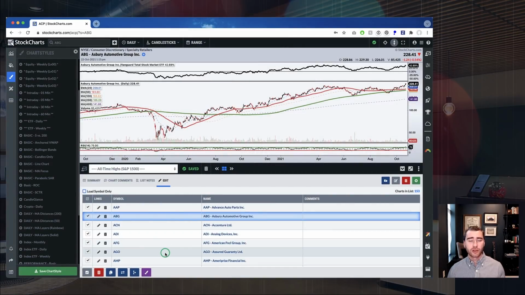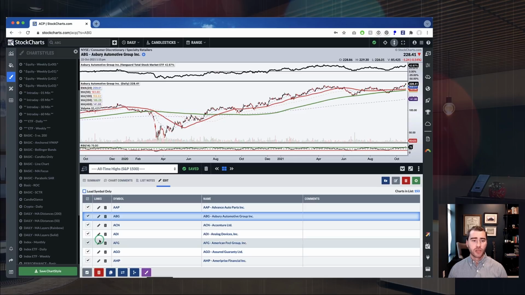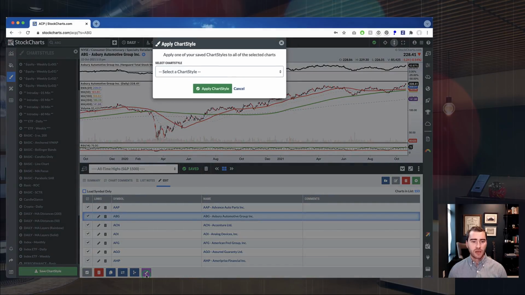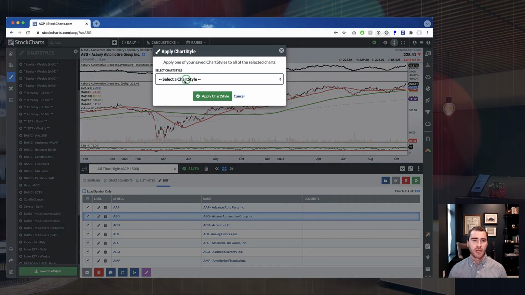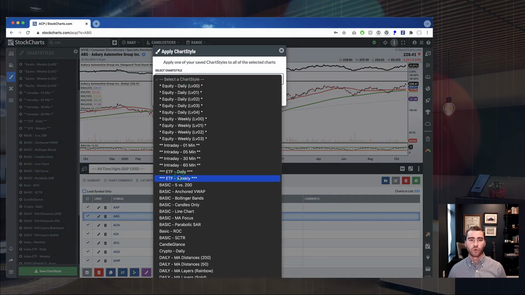Now, your last option in this little row is your apply style to all button, a very important one as well. So if you want to change the chart style, the settings, the indicators, the overlays, all of that stuff, for any of your saved charts in a list, you can select it here from the edit view, then click that little paintbrush button and select which chart style you want to apply. So for instance, if you've got that default one that we were looking at before with the price relative line and the RSI,